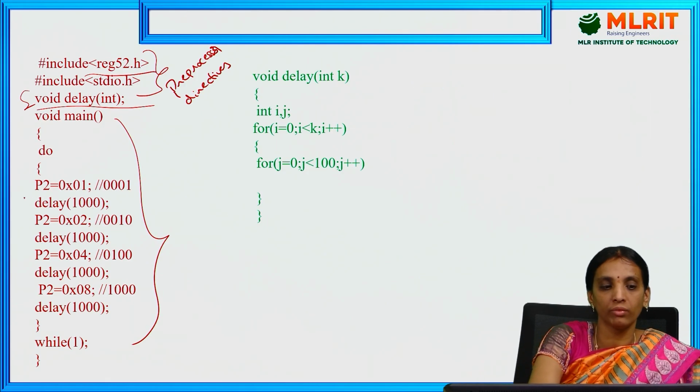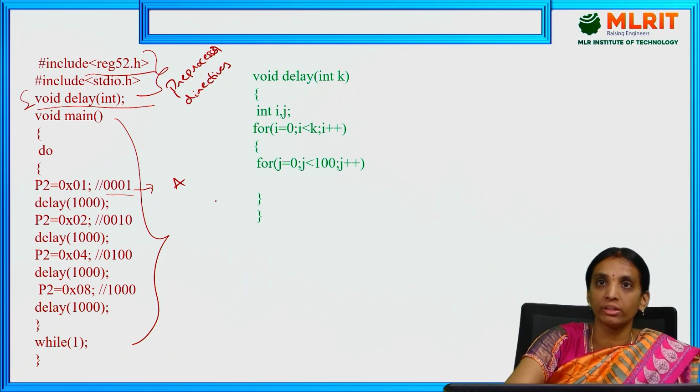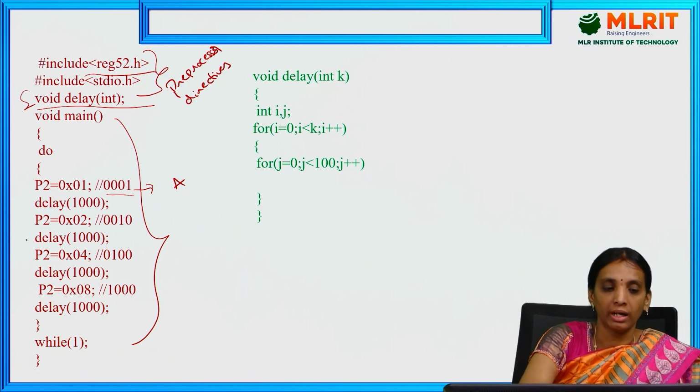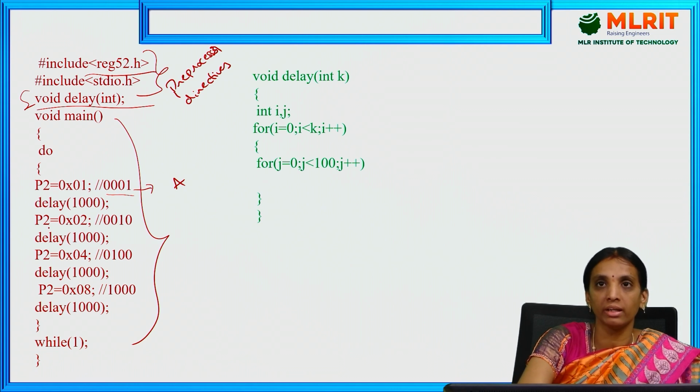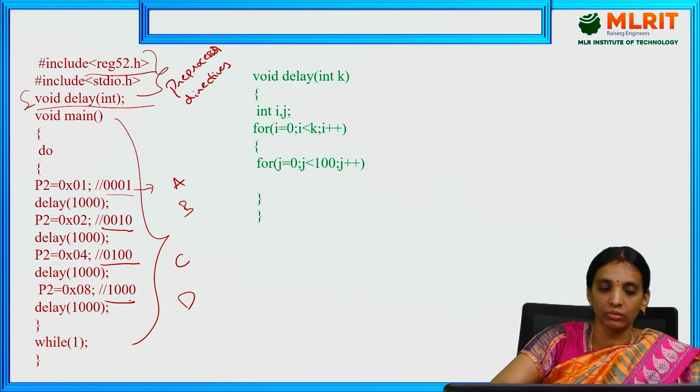If the lower bits of port 2 are 0001, it indicates that winding A will be energized and the winding A of the stepper motor is rotated. Next, for the second step, the motor is rotated with the B winding, which is 0010, for the C winding it is 0100, and for the D winding it is 1000.